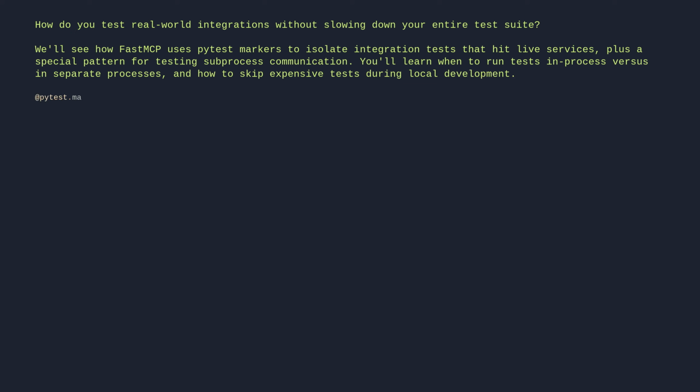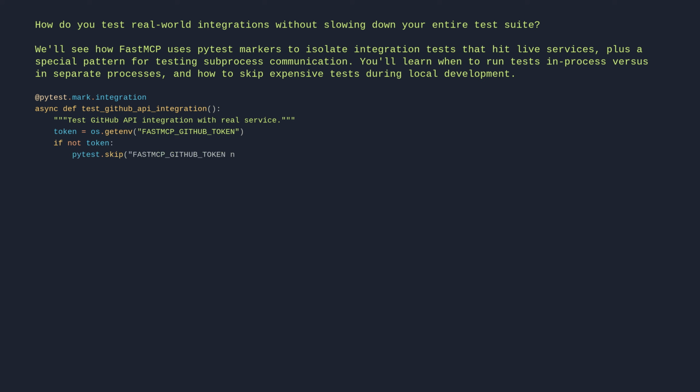@pytest.mark.integration async def test_github_api_integration(): """Test GitHub API integration with real service.""" token = os.getenv("FASTMCP_GITHUB_TOKEN") if not token: pytest.skip("FASTMCP_GITHUB_TOKEN not available") # Test against real GitHub API client = GitHubClient(token) repos = await client.list_repos("jlowin") assert "fastmcp" in [repo.name for repo in repos]